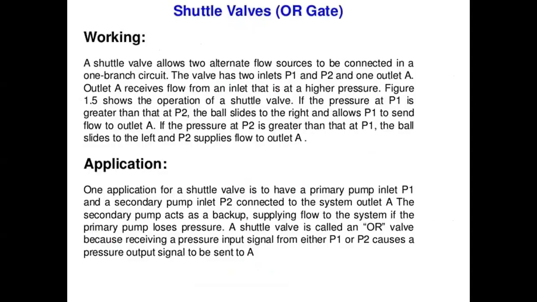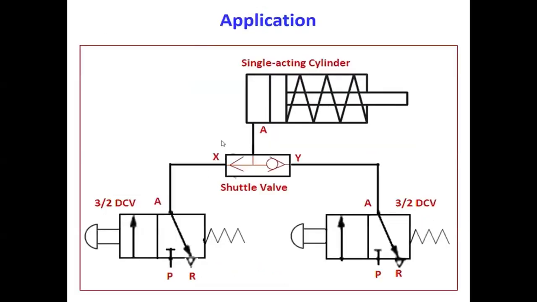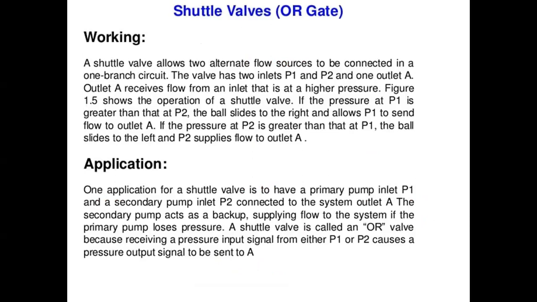Shuttle valve or gate working. A shuttle valve allows alternate flow sources to be connected in one branch circuit. The valve has two inlets, P1 and P2, and one outlet A. Outlet A receives flow from the inlet that is at higher pressure. Figure 1.5 shows the operation of the shuttle valve. If the pressure at P1 is greater than that at P2, the ball slides to the right and allows P1 to send the flow to outlet A. If the pressure at P2 is greater than P1, the ball slides to the left and